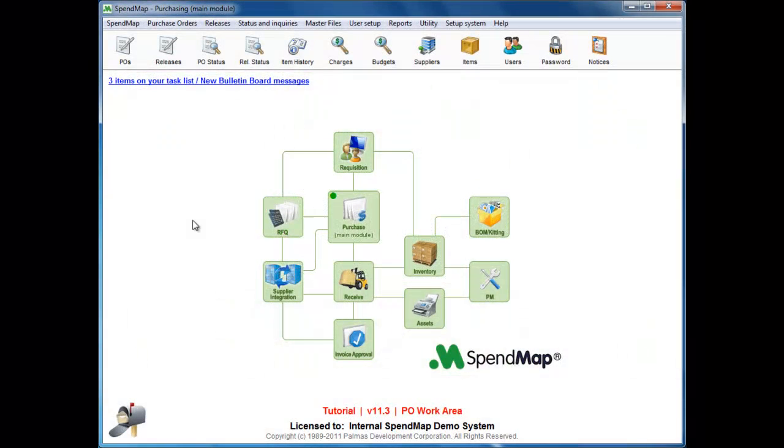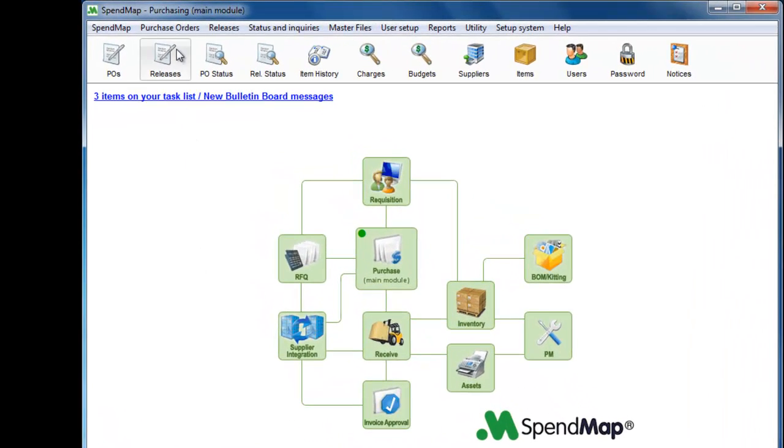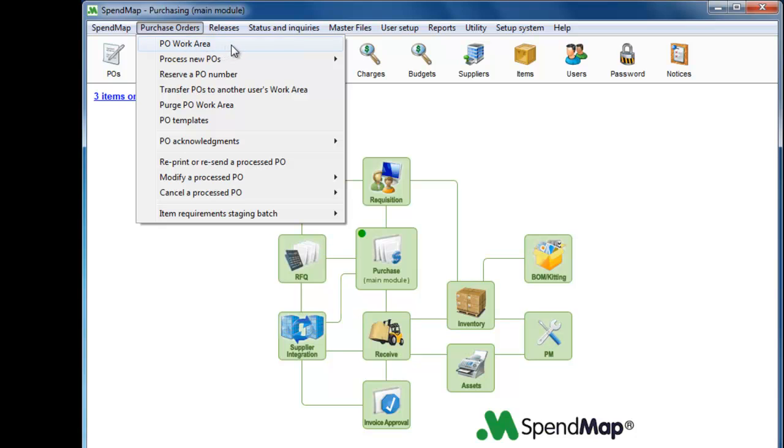In this tutorial, I'm going to show you the basics of how to create new purchase orders so you can start processing orders quickly. Along the way, I'll show you sections of the online help that you can read to learn more. You can create POs in your PO work area, which you can access with this menu choice or